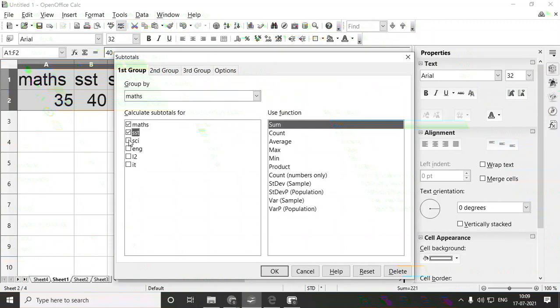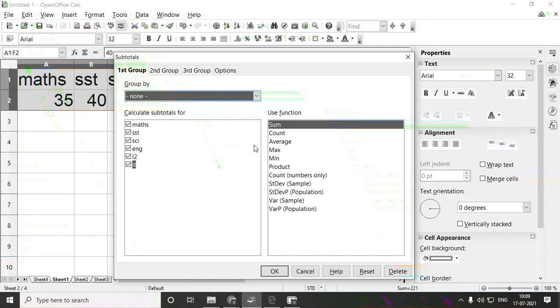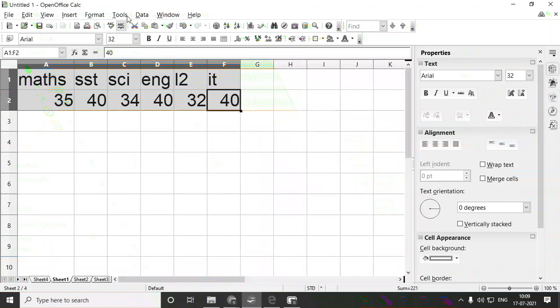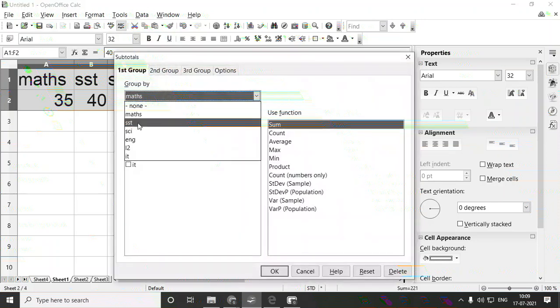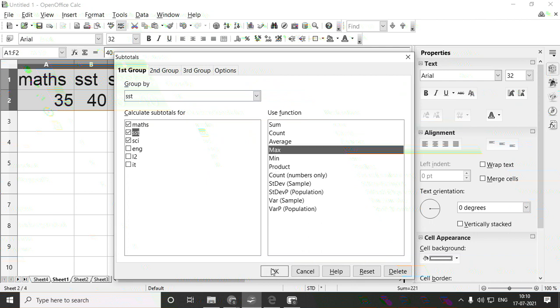I'll use maths, SST, science, English, L2 and IT. Then from here I'll take none, just select max. I have to select that none. I'll choose from here SST, maths, science. Okay, just use the max.